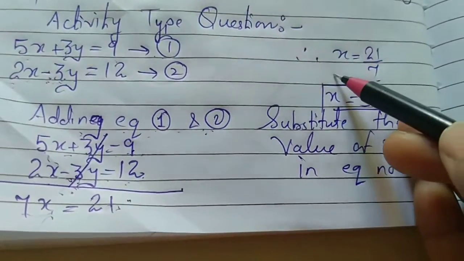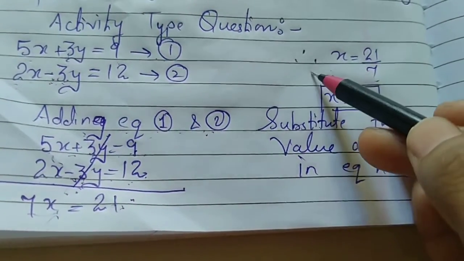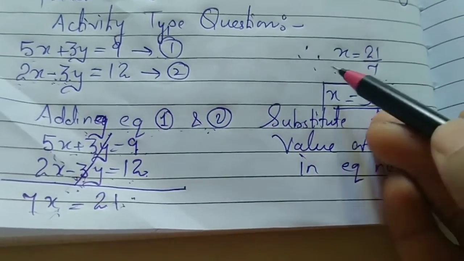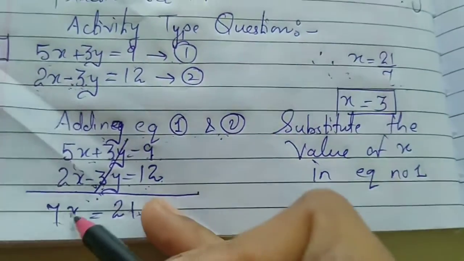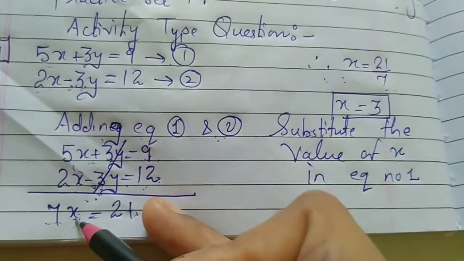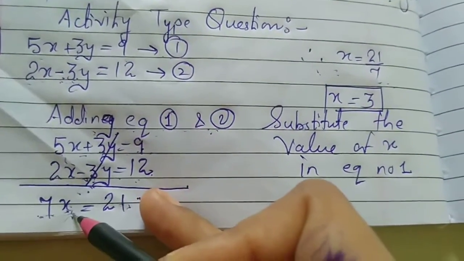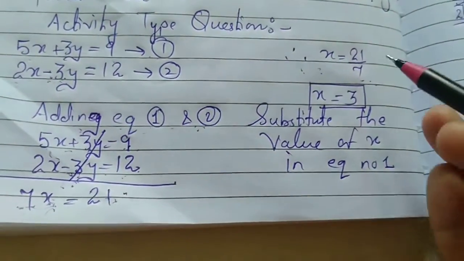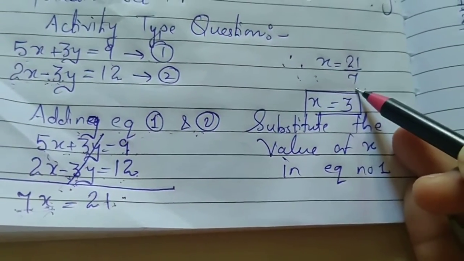When you want to find out the value of x, at that time the coefficient which is next to x will go to that side. When it goes to that side, here you have to see the sign. Here you can see that is 7x. That means it is 7 into x. Multiplication, when it goes to that side, the sign will become division. That is why I have taken it in the denominator.